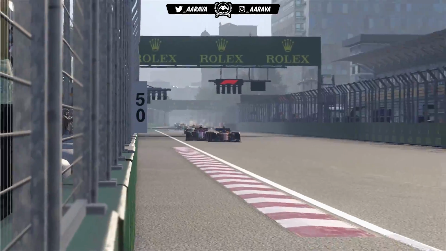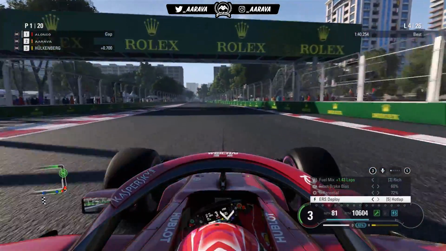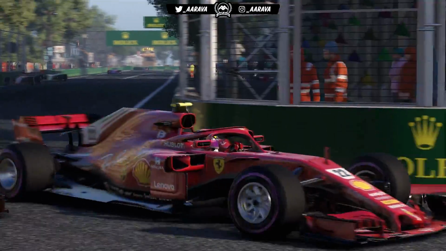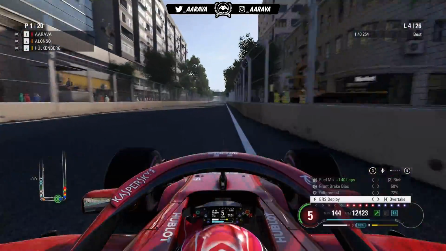DRS is available this time. We could make a late move now as Alonso goes defensive, but we're going to swing back on him, and it's going to be a great move there down the inside of Alonso. Did the dummy on him. It looked like the way he was defending, he was fully prepared for me to go on the outside. We sold him the dummy, and we're up into first place now with a very tasty move,